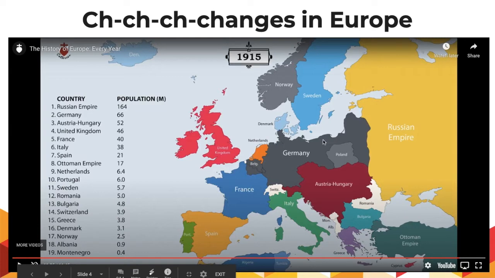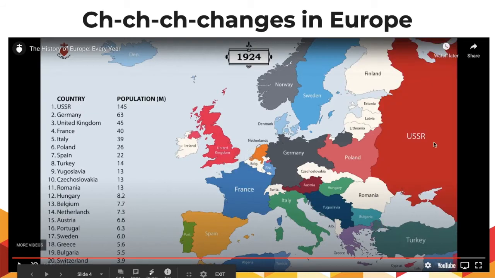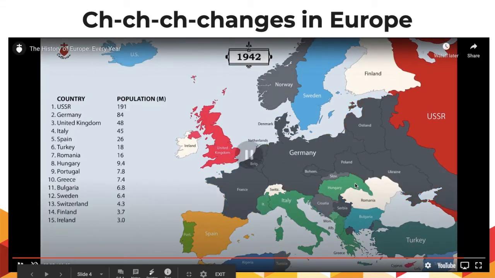Well, toward the end of World War I, Russia breaks out into civil war. And by the end of World War I, Russia is now the USSR, a key change in the political geography of Europe. This eventually builds up to World War II, and we can see smack dab in the middle of World War II here, 1942, another example of political geography constantly shifting the landscape of Europe as Nazi Germany continued